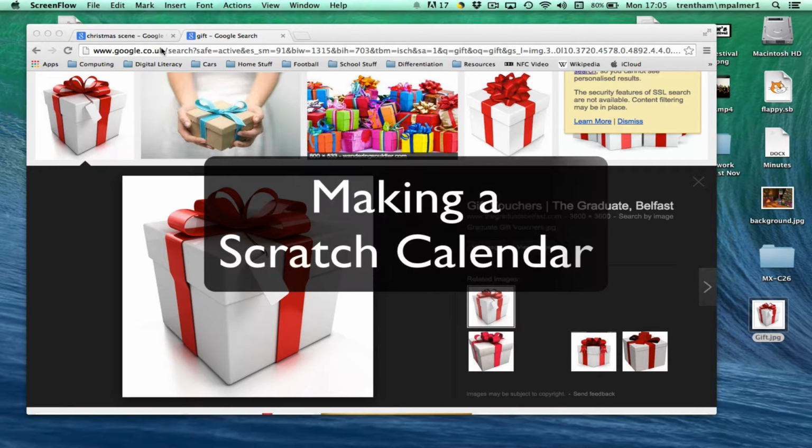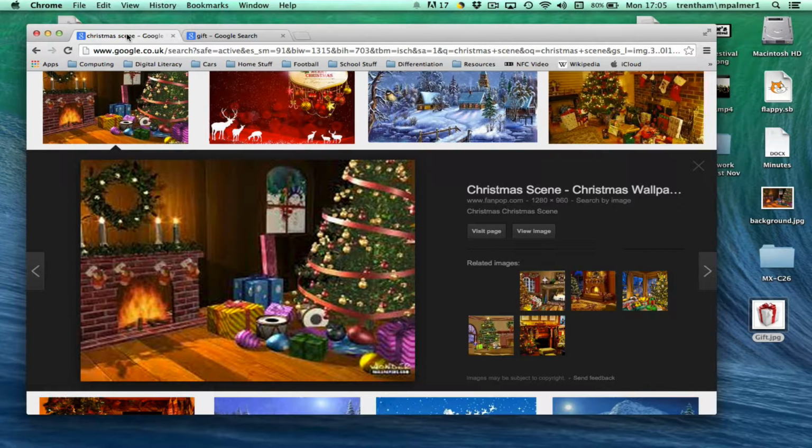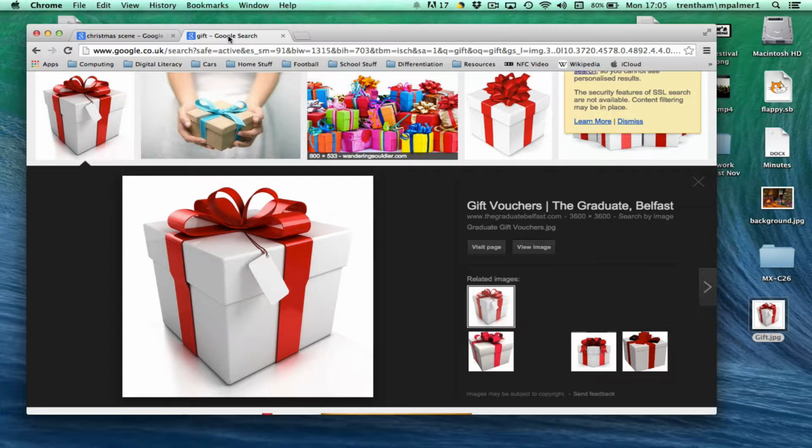In today's task, we're going to be creating an interactive calendar using Scratch. I started out by going into Google and I found a background scene that I can use. I've also done a search for an image like a gift. You're going to need quite a few of these, so you're going to need to come up with some ideas of maybe images that might be behind each window